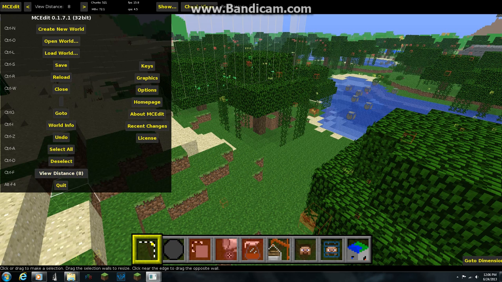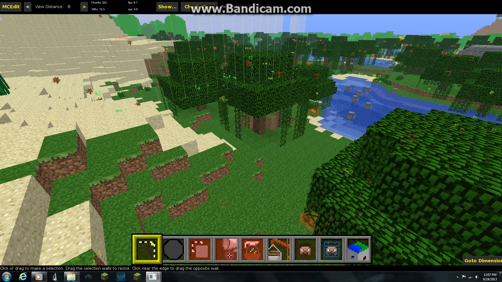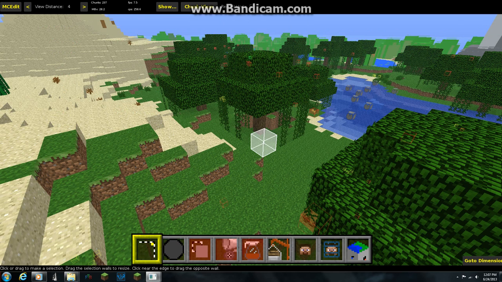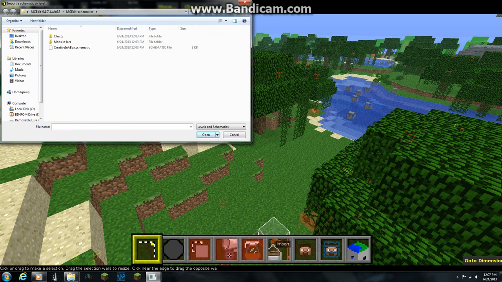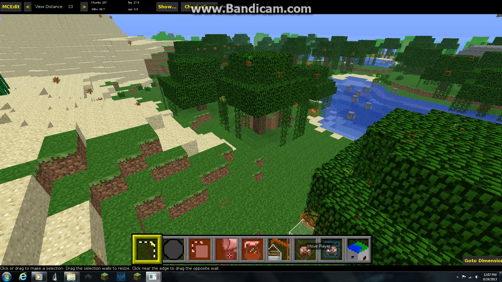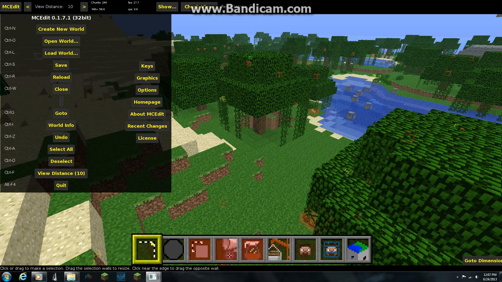Wait. Brush, there's filter here. Import, no. Wait. What's that?